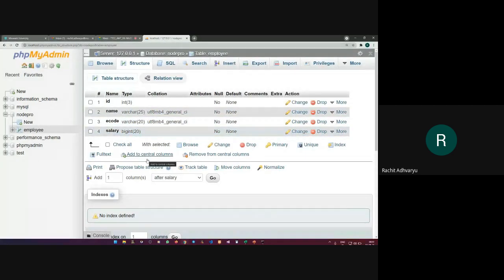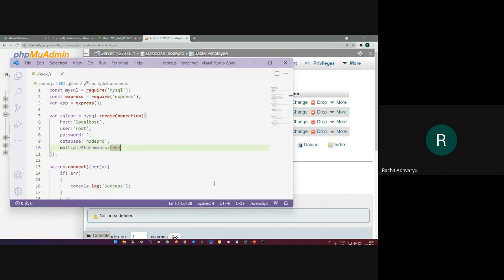None of them are given any type of constraints. No primary key, no foreign key, nothing has been set. Only 4 columns with 4 data types have been defined. So this nodepro database contains one table called employee. So I'm trying to make a connection through my Node application to this database called nodepro using the statement that we have just referred to.